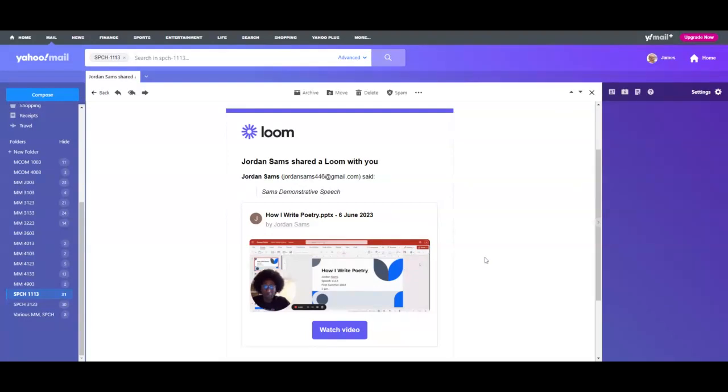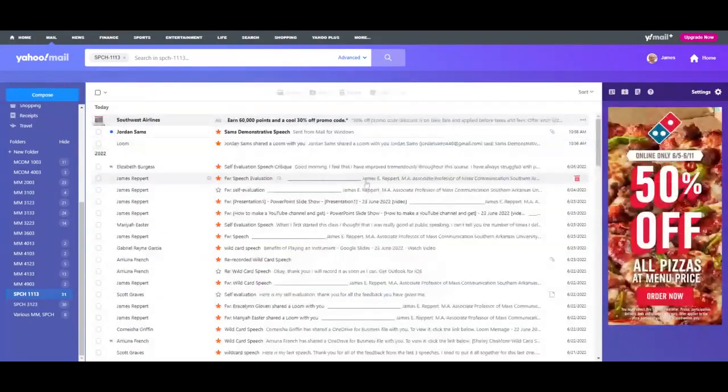Now I should remind all of you that when you start, always remember to go into the slideshow mode so we don't see all of your slides on the side. Go into the slideshow mode. So it's going to be a full screen with the slide and then wherever your face is. But that's what Jordan's material looks like when it's sent to me. Now we're going to move on.